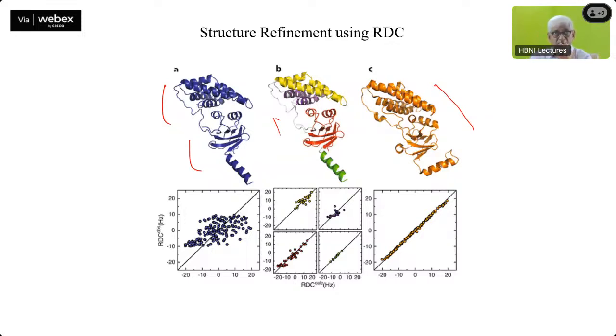If the orientation of the domains are good, then your calculated RDCs and the measured RDCs will be identical. So on one side you have the observed RDCs, on the other side the calculated RDCs. When you use all of them, everything is perfectly matching. Then you see the structure calculated, the orientations of the domains are perfectly defined. So this is the refinement process of the structure calculation, either from the NOEs or from the